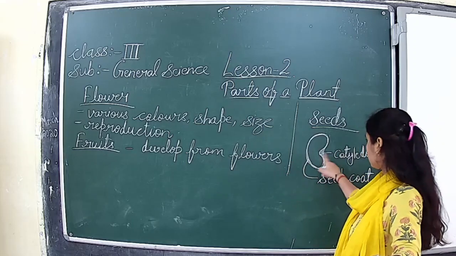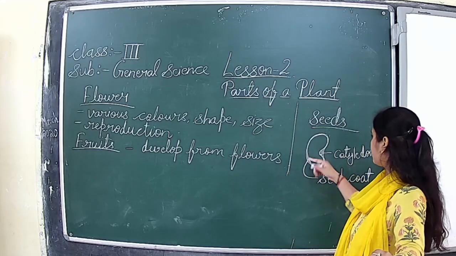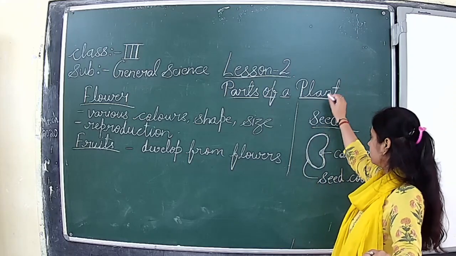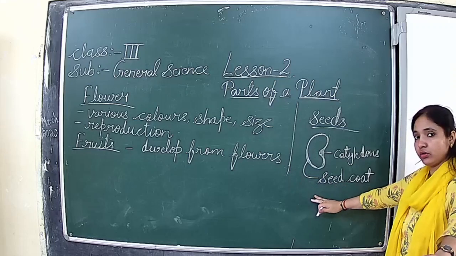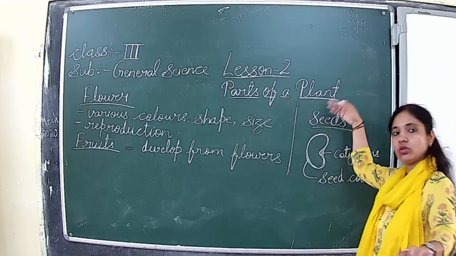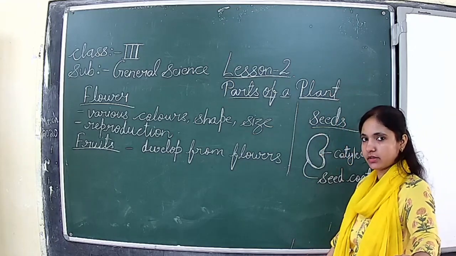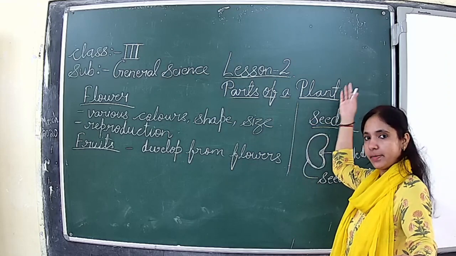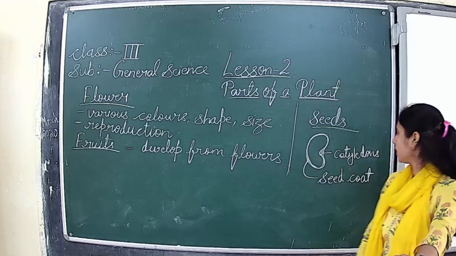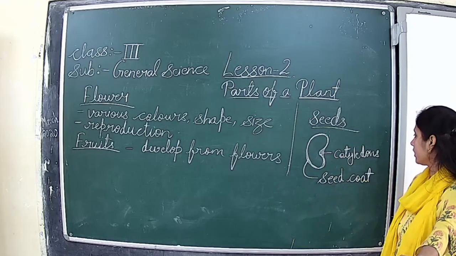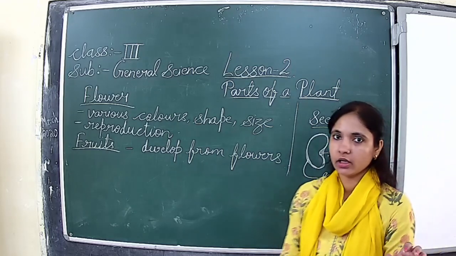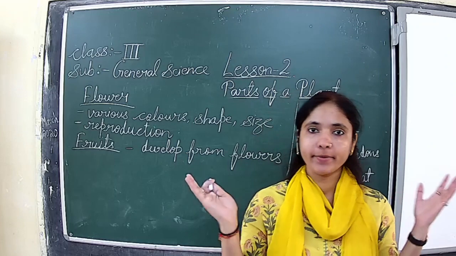When the seed coat breaks from the cotyledons, the seedling emerges and the down part will grow into root and the up part into shoot. Root will go inside, I have already explained, and shoot will go up. Root always goes inside the soil and shoot goes up above the soil. So when the seed coat breaks, there is the formation of root and shoot and the baby plant. That baby plant will grow into a big tree.